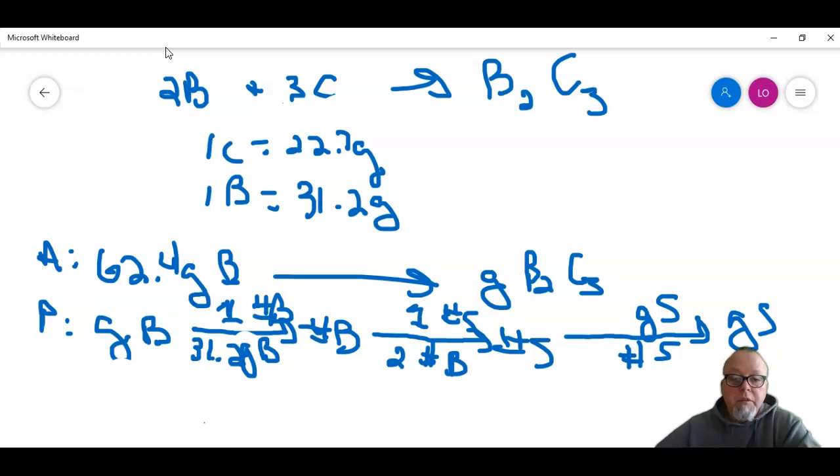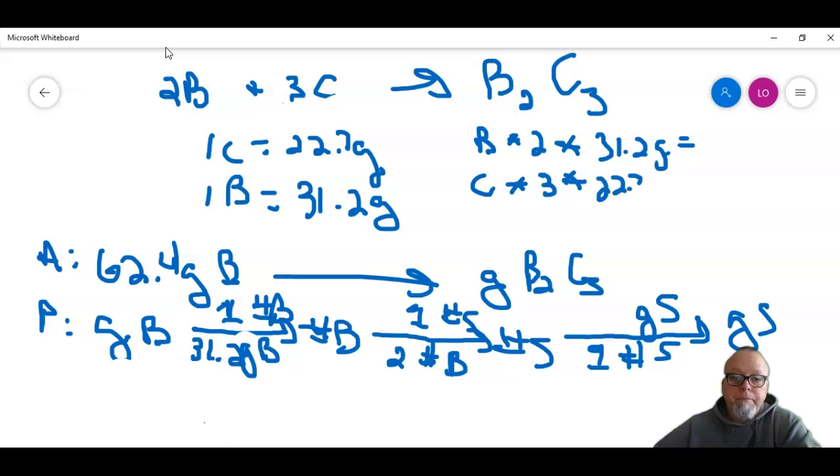And then number of sandwiches, for every one sandwich, we have how many grams? Well, we need to figure that out. We haven't figured that out yet. So we have bread B2 at C3. So bread, we have 2 of them, times 31.2 grams is equal to, and then C, we have how many of them? We have 3 of them, times 22.7, and that is equal to